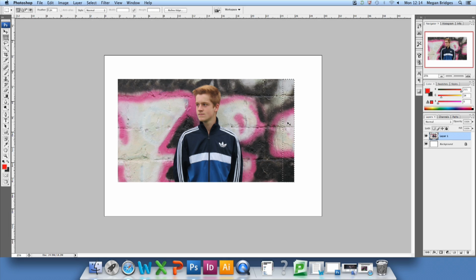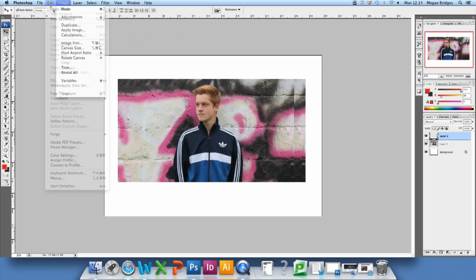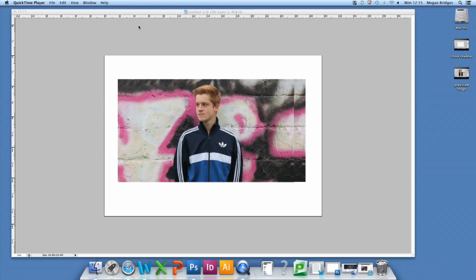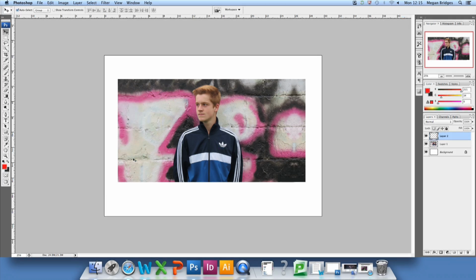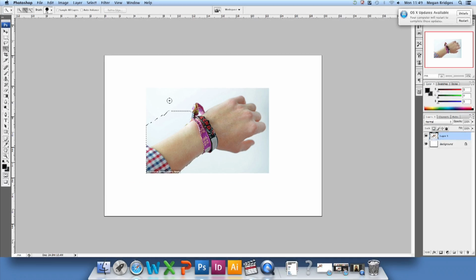The image of a male standing against the graffiti wall on my contents page needed to be longer so that it was in proportion with the columns, so cloning the end of the wall and placing it next to the image made this possible. To cut around an image of festival wristbands, I used the quick selection tool to quickly